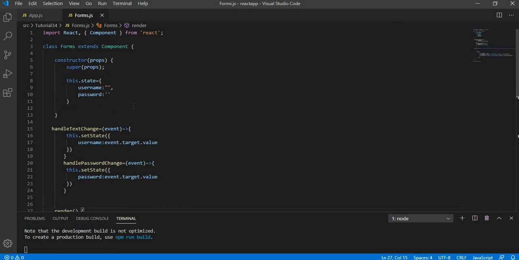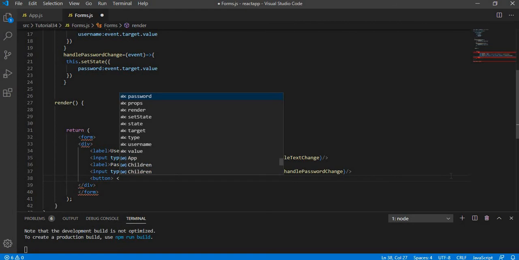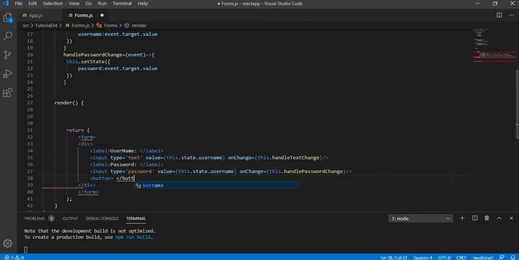The next part is, we have created the text field and the password, and right now we are going to create a button. So for that I am going to import button, or you can also give input type equal to button, anything. I'll prefer this one, and I'm going to keep the name of the button as login.